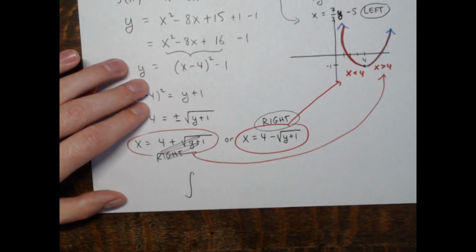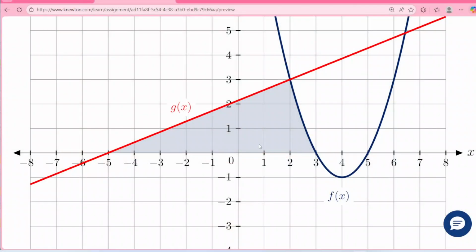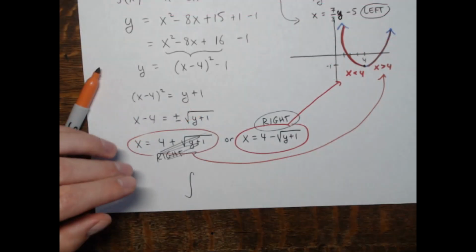So I'd be doing the integral from, and then again, look at the y-axis. The lowest y in this region is 0. The highest y in the region goes all the way up to 3 here where the two meet. So I'd be integrating from 0 to 3